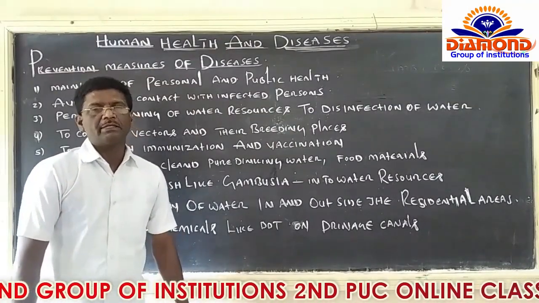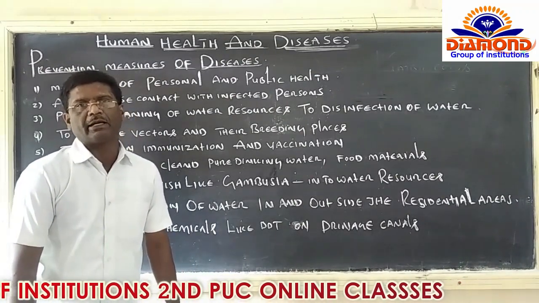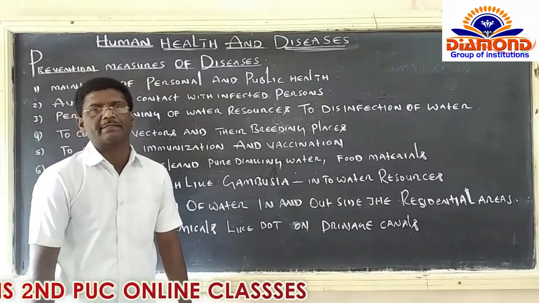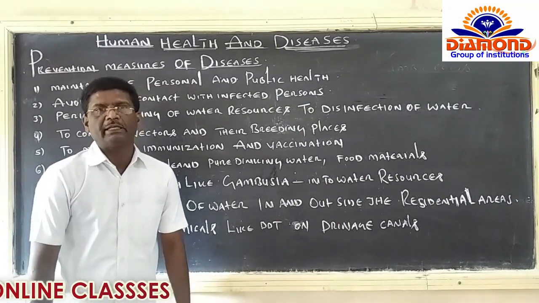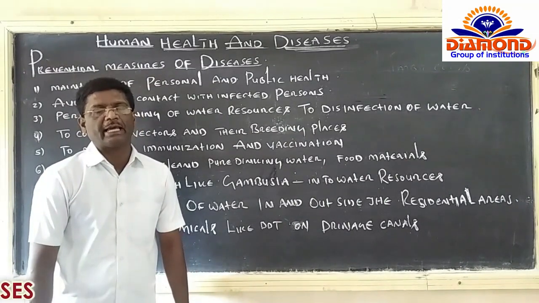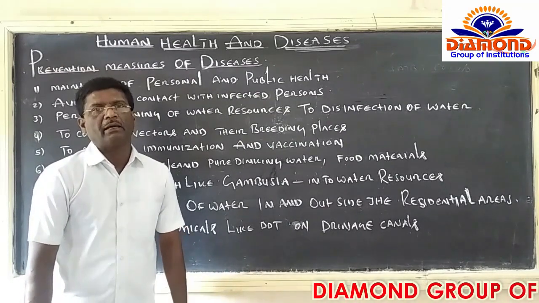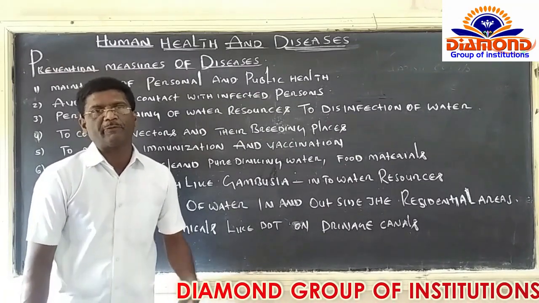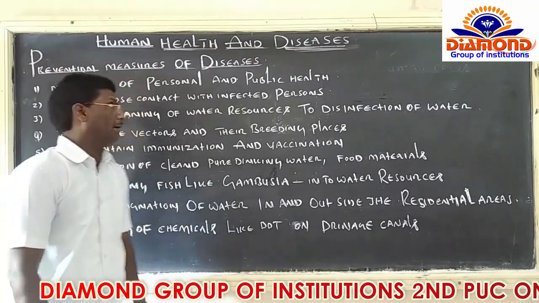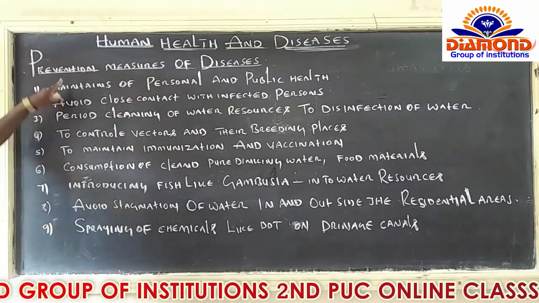Now have a look here. Till now I have explained ascariasis disease very clearly, and that is the end of the different types of diseases except malaria. Right after this, I would like to explain the malarial parasite life cycle. But just before that, I would like to explain something. Have a look here. I made it very clear.